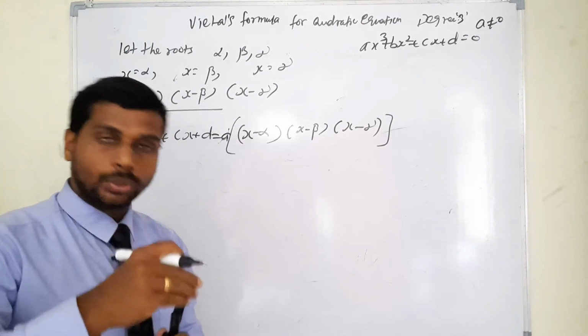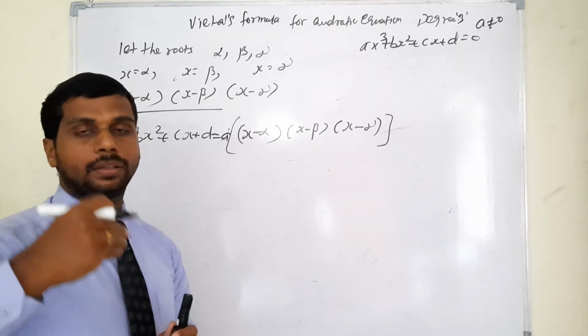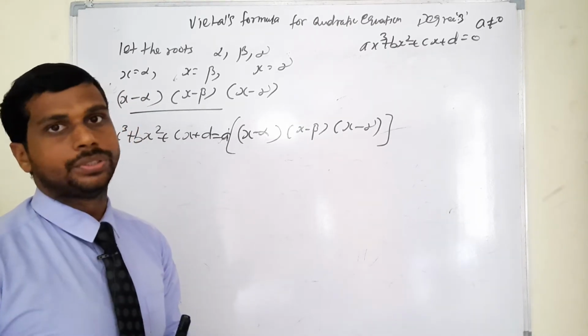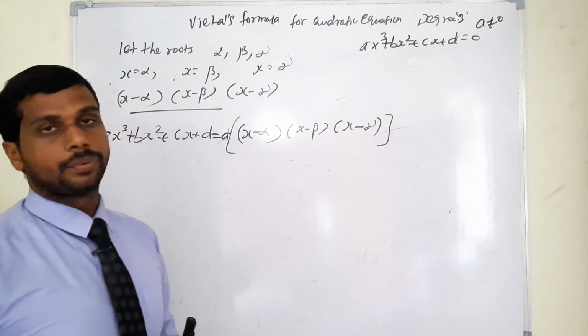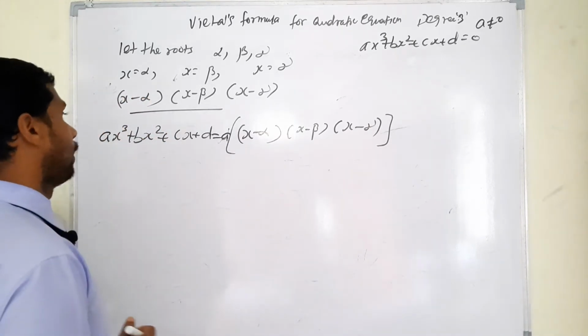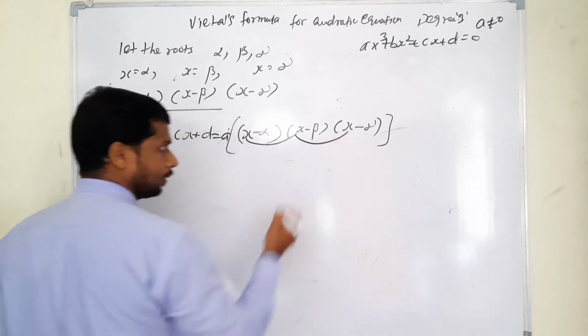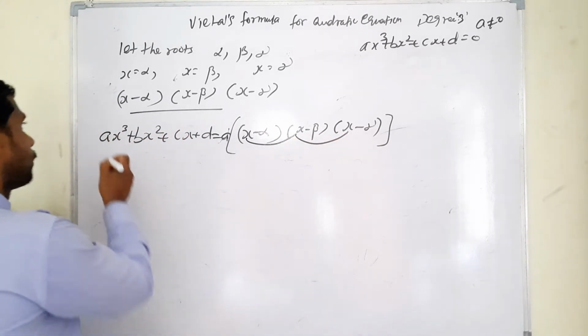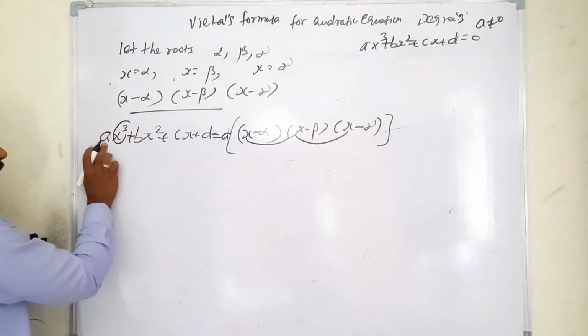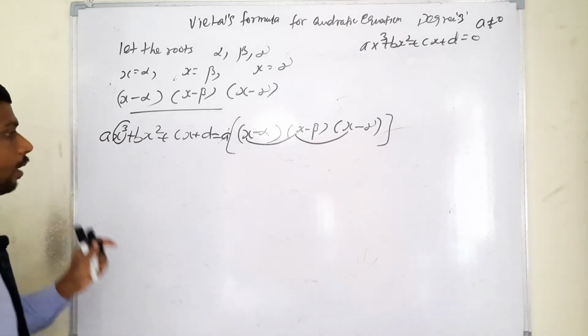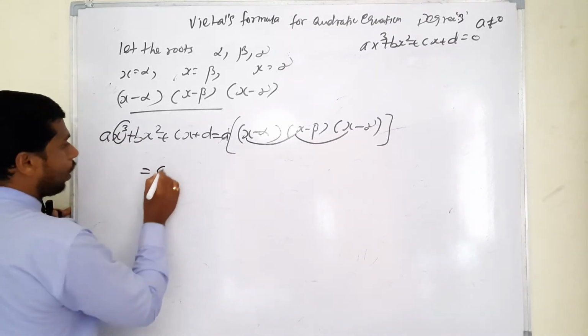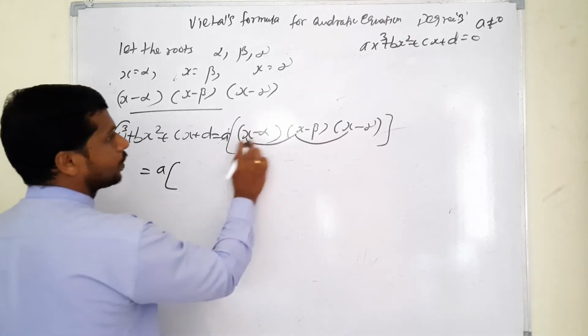If you take, for example, x to the power 7, the leading coefficient k means k is not equal to 0. Here a is there, that's why I have written for a not equal to 0. Okay. So this is x into x, x square. Again x into x, x square into x means x cube. So already we know the x cube coefficient value for a. Okay.